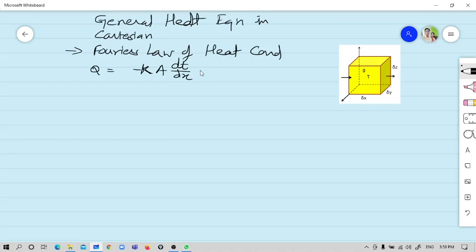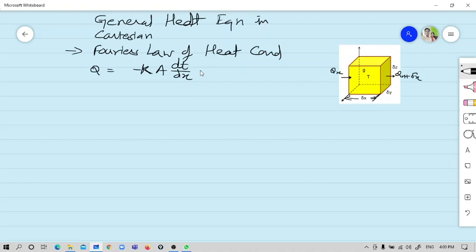Okay, so in this general heat conduction equation, let us assume that heat transferred in the direction of x, we call it qx. Heat transfer in the direction of y will be qy, and along the z direction, it will be qz. Okay, so this is qx, and heat coming out from here will obviously be qx plus delta x. The reason is the distance from here to here is delta x. Okay, so you have qx, and here you have qx plus delta x.